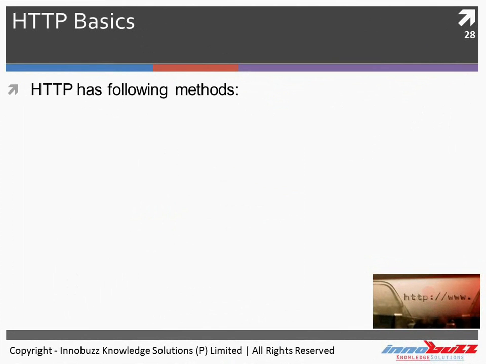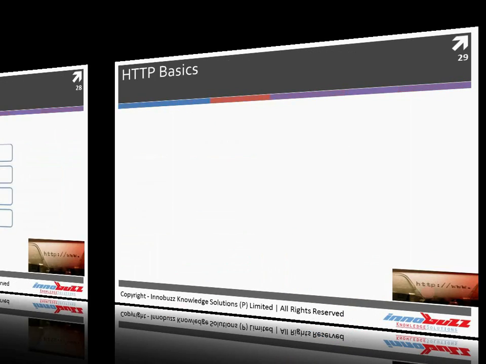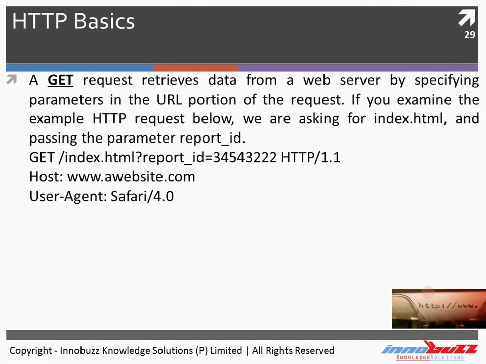Next, we have the methods given by HTTP. We have already seen earlier HTTP put, get, post, and delete. The diagram shows put for create, get for read, post for bulk and complex updates, and delete for delete. To go into detail, a GET request retrieves data from a web server by specifying parameters